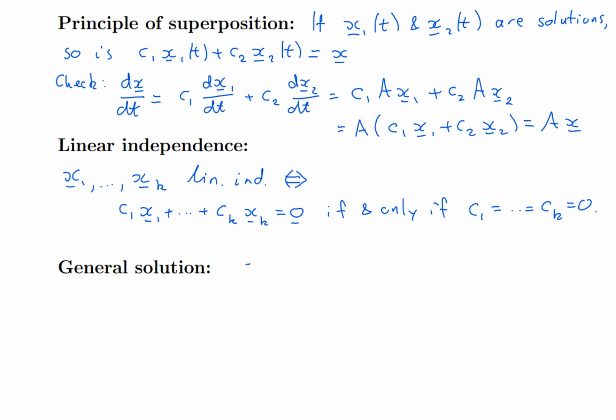So let's say I've got the most general equation. So a system of n first order equations. N might be 1,000,000 or something if I have a large system. What does the general solution look like? The general solution is going to be C1 x1 plus ... plus Cn xn,